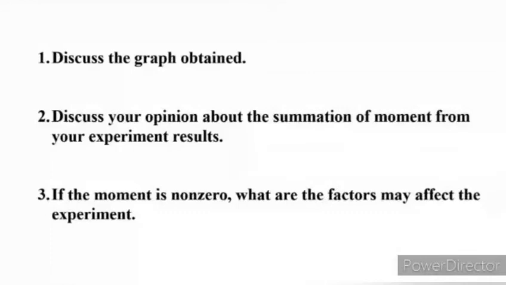experiment? There are some factors that can affect an experiment, which is the lack of knowledge during apparatus setup. Students must be prepared on how to set up the apparatus before the experiment begins. Next, human error during measuring and data gathering. This usually happens because humans are not robots.